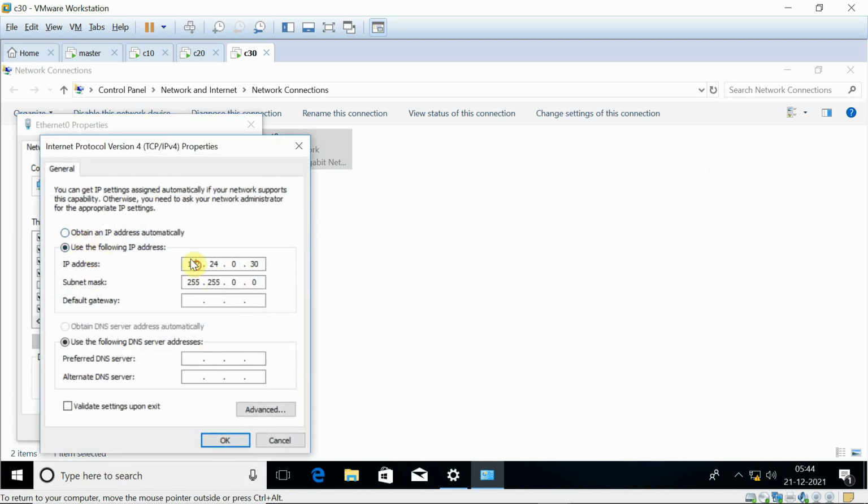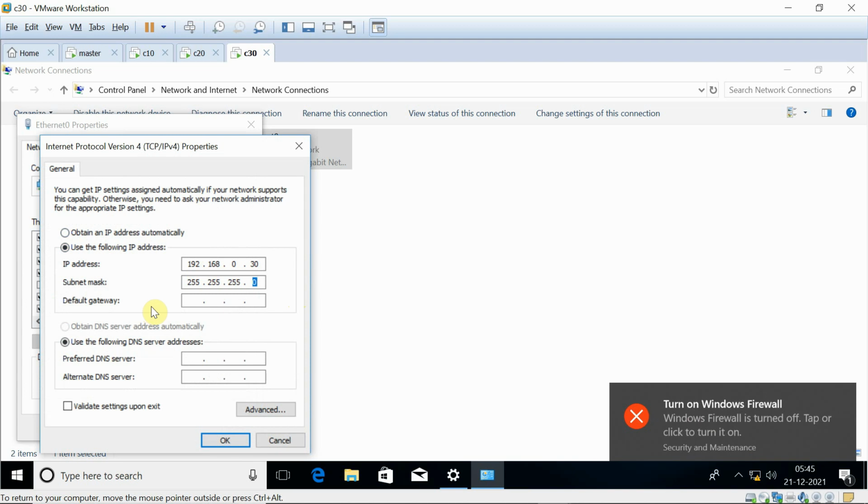Now what we are going to do is change the address. We want it to be 192.168.0.30 and we are going to specify the mask as 255.255.255.0. And what about the gateway?